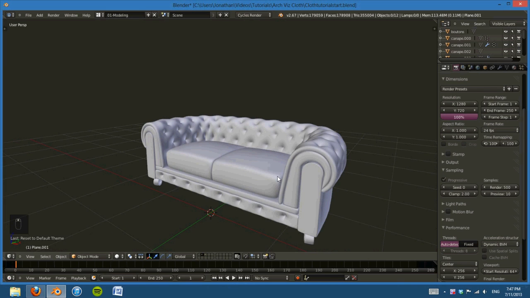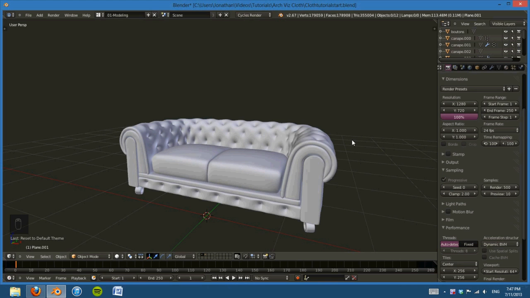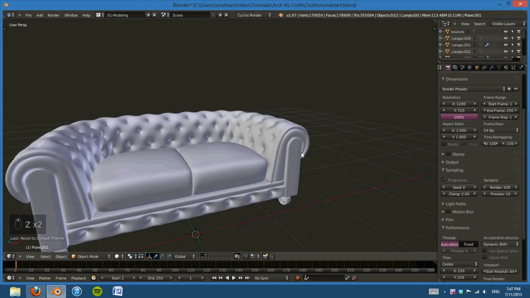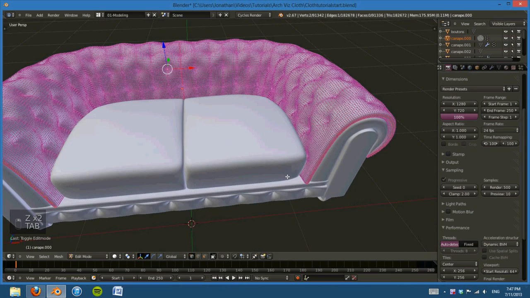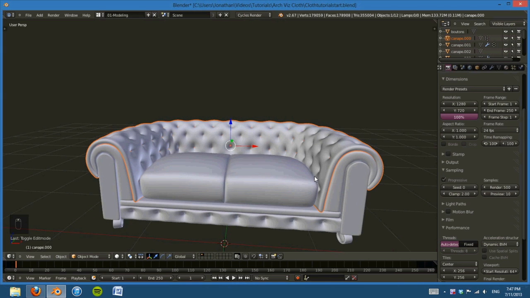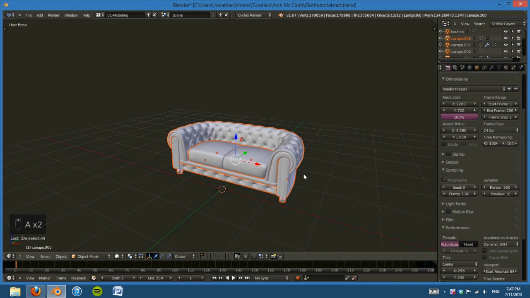So first off, we're going to be using the cloth modifier to get the initial shape of the cloth, but to do this we're going to have a collision object. And if we did that with this couch here, you see this is very high polygon, and it would take forever to have this as a collision object because there's just too many polygons and it would take a very long time. So what I'm going to do is I'm going to select everything, press Shift D, and move it